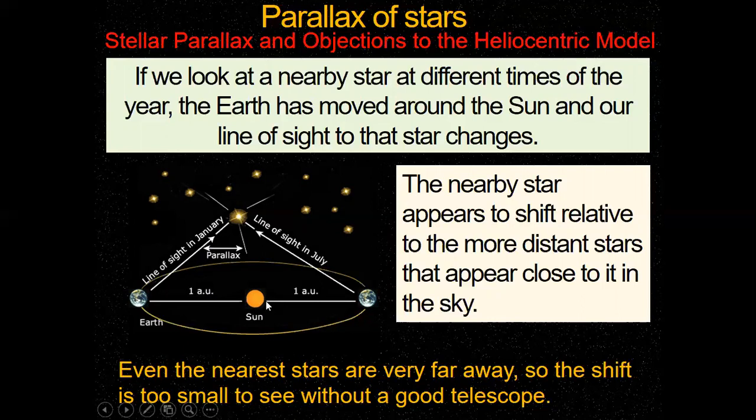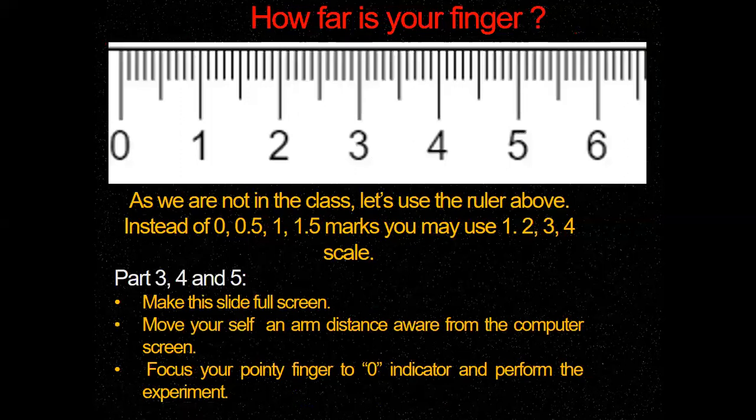Here, the distance from the sun to the Earth, we can assume to be 1 astronomical unit. It's a little different from aphelion to perihelion, but let's forget about that. Within our uncertainties, we consider that the distance from the sun to the Earth is 1 astronomical unit. So due to this motion of the Earth around the sun, we can observe this stellar parallax. All right, let me take you to the lab manual